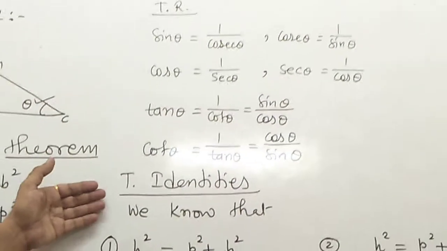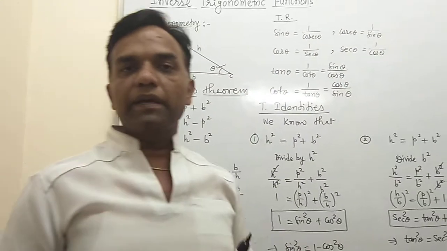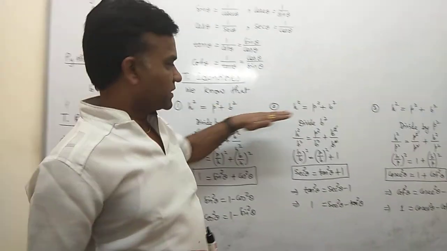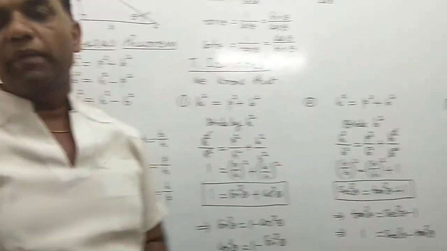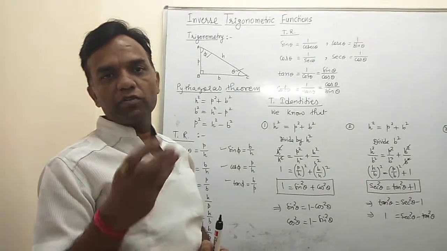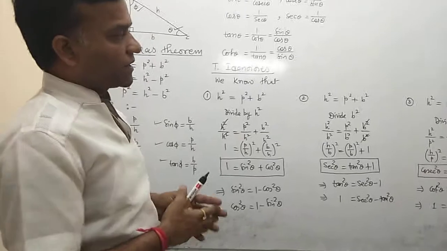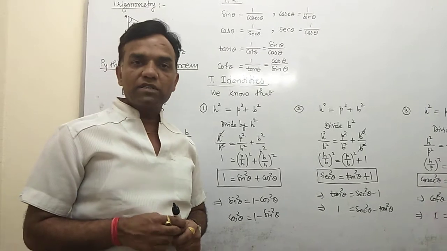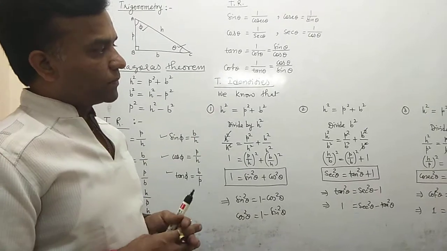And now we know the trigonometrical identities. Basically there are 3 trigonometrical identities, and they depend on the Pythagoras theorem. Because we write down the Pythagoras theorem 3 times, H square equals P square plus B square, the same we write 3 times, and you form the trigonometrical identities. In the Pythagoras theorem there are 3 characters: hypotenuse, base and perpendicular. So these are the main heroes, the actors of your identities: hypotenuse, perpendicular and base. Now you have 3 actors here, so now they play their roles.